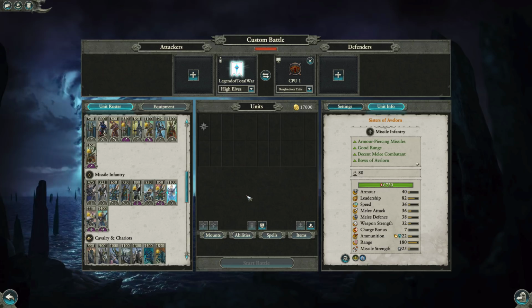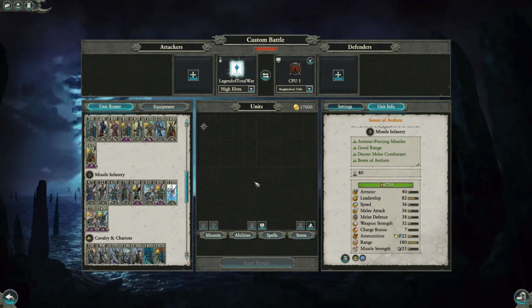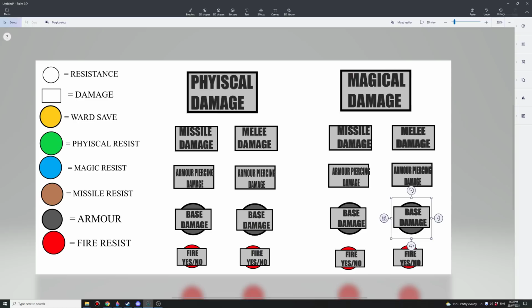It's the same thing with getting 200% magic resistance. After you're above 90%, it just doesn't apply anymore. Now, armor does absolutely nothing to armor piercing damage. If you want to block armor piercing damage, you need one of these here. Okay, so missile resistance. Missile resistance will block